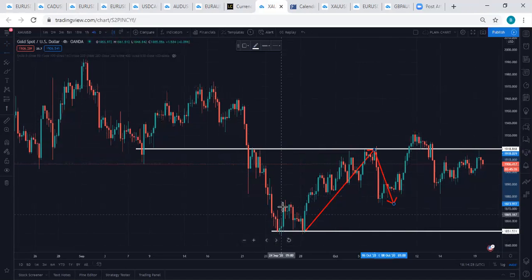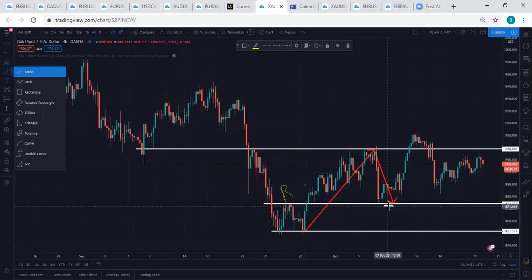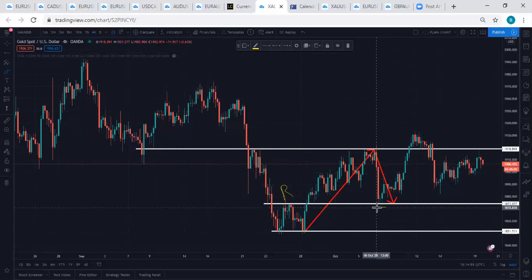Look at this place. The market came, hit this place, could not continue going up, came down. That means this place is a resistance, right? Price hit it, could not continue going up, came down, hit this place, was able to break it here, went up. Now see how this resistance here, let me do something. This is a resistance, R. This resistance here became a support, S. It became a support here.